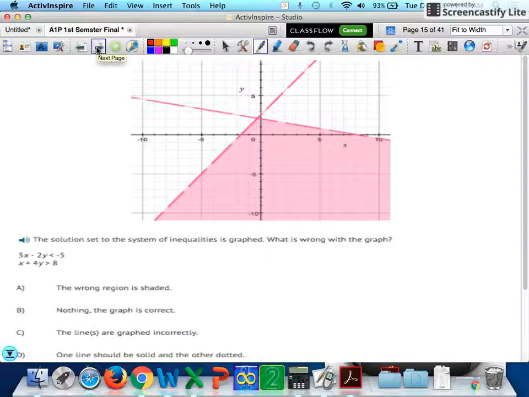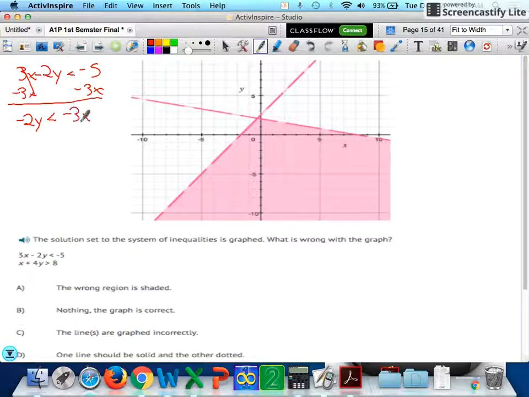Next problem, solution set to the system of inequalities is graphed. What is wrong with the graph? Okay, so for us to graph these guys, we have to solve each of these for y. So I take this first equation, which is 3x minus 2y is less than negative 5. And I solve it for y. Subtract 3x. I get negative 2y is less than negative 3x minus 5. Divide by negative 2, divide by negative 2. Y is greater than 3/2 x